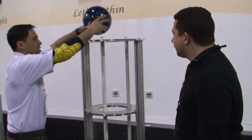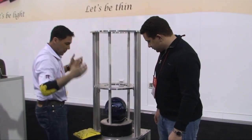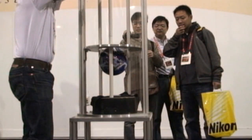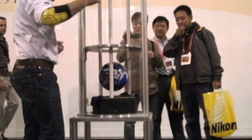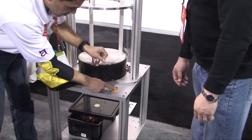So if you watch here, we'll take this ball, about 3 foot height, down onto a block of concrete. You can see the ball bounces a little bit. Now, that much energy has to go somewhere. And a lot of the energy is going to go, if you look, you can see there's some...